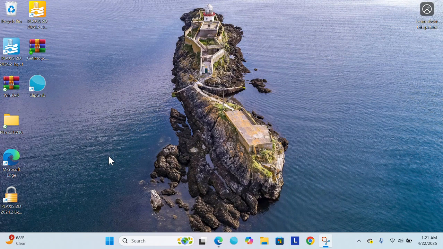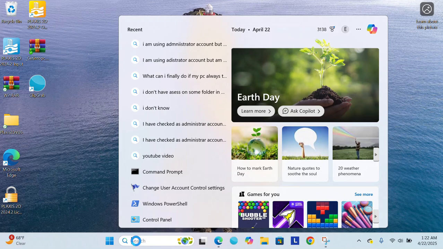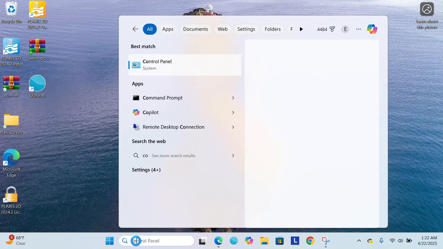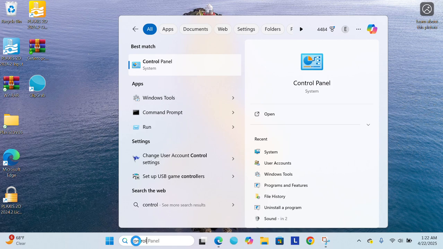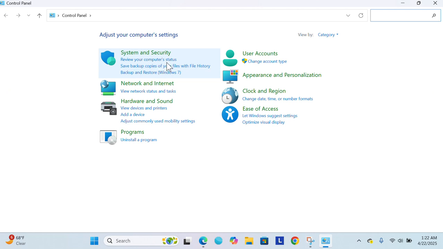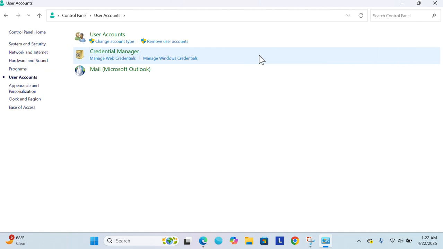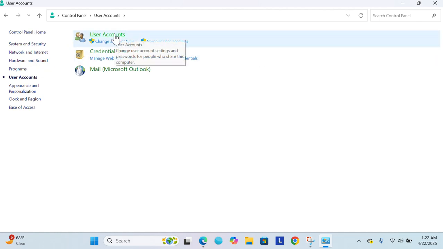Here we are going to see how you can check if your account is connected to an administrative account. So you can come here to the search box and select Control Panel. Yes, this one, and then you come here for User Accounts, then User Accounts,